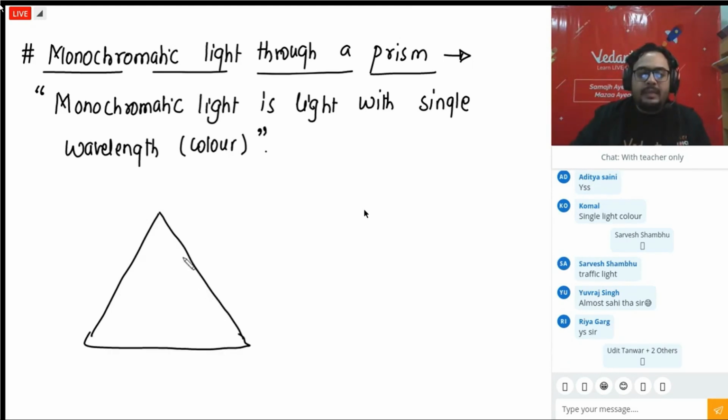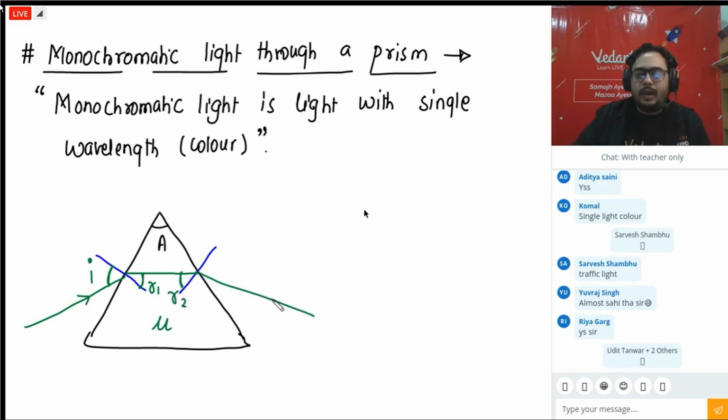This is your angle of prism. And let me say these are the normals on two faces that I have drawn, perpendicular to the surface. And light is incident on these surfaces. So this is the angle of incidence. Refraction will take place. So this is the first angle of refraction, R1. If I say mu is the refractive index of the prism. Again it is incident here, so we call it R2, and finally the ray will go out, and this is called E.